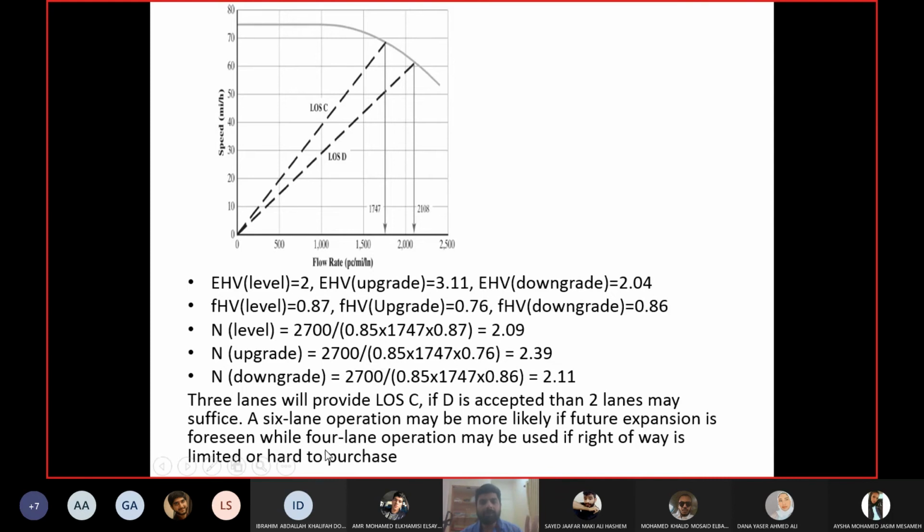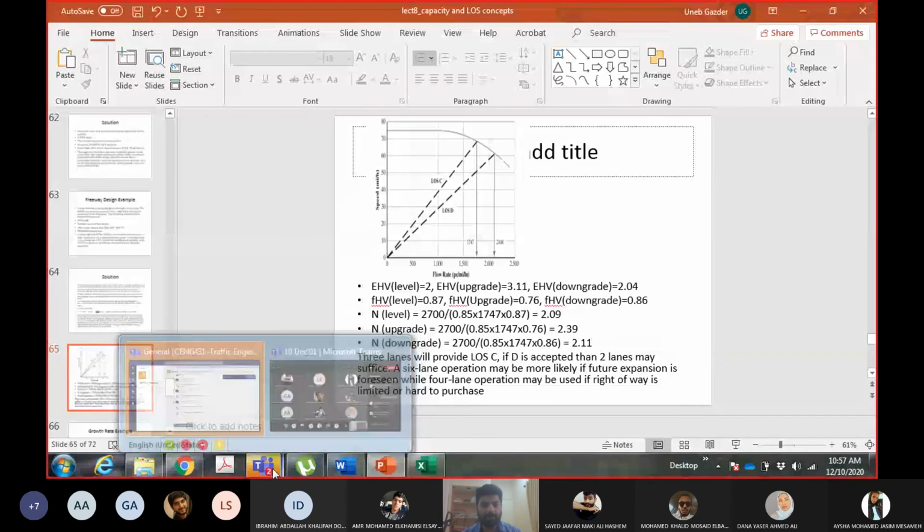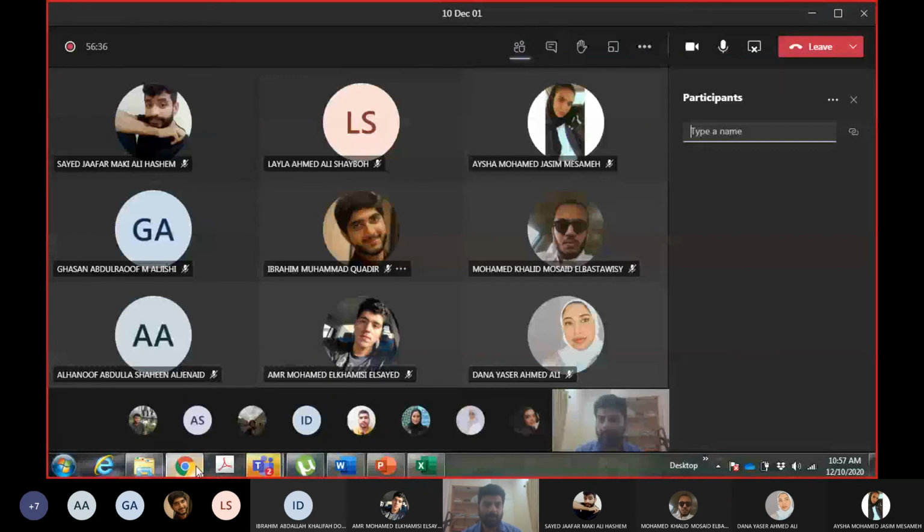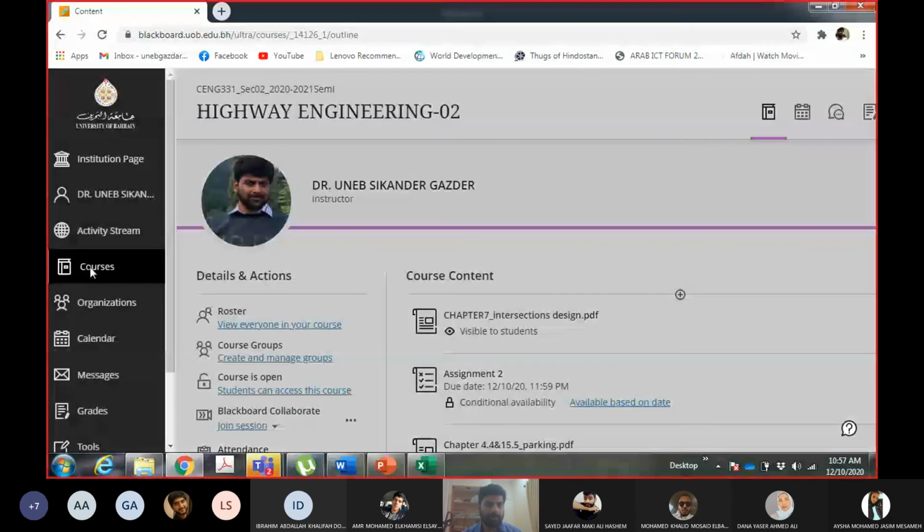But if you see that there will be future expansion required for this project, then you give 6 lanes. Then you will have a better level of service, and in future you have already accommodated the extra lanes. You should do it if you know the land in future will be expensive here. If you know the area is developing, so the land in future will be very expensive, you should go for a 6-lane design.